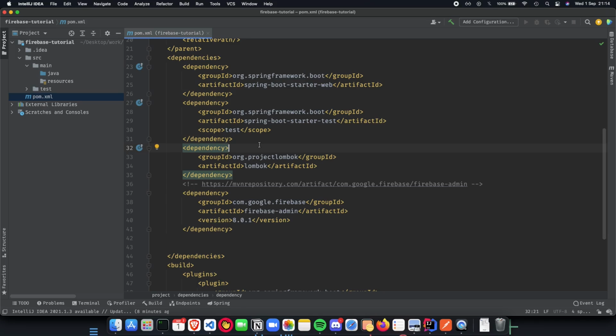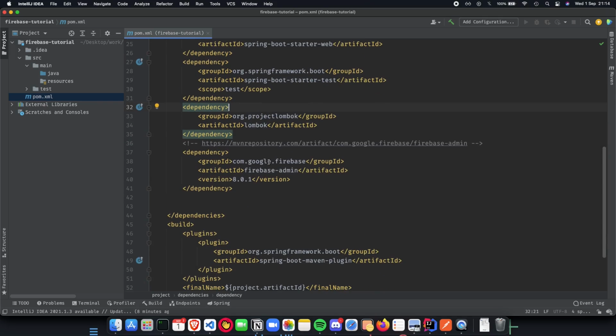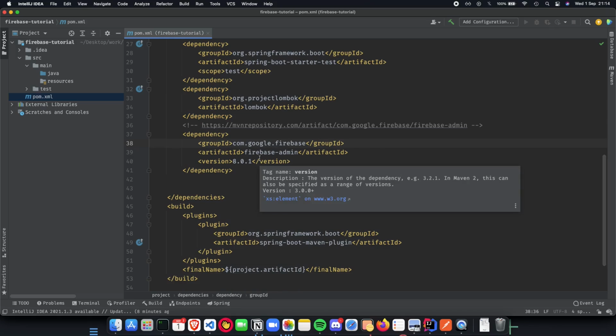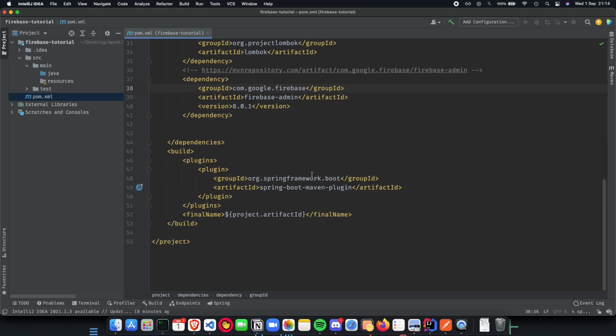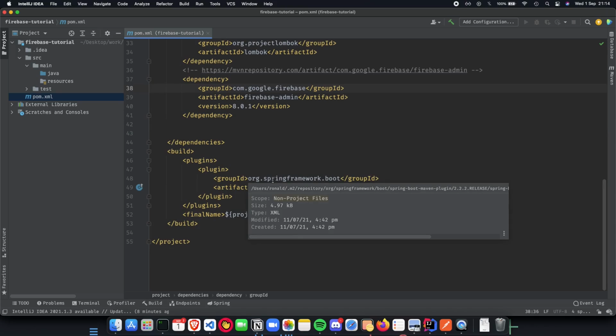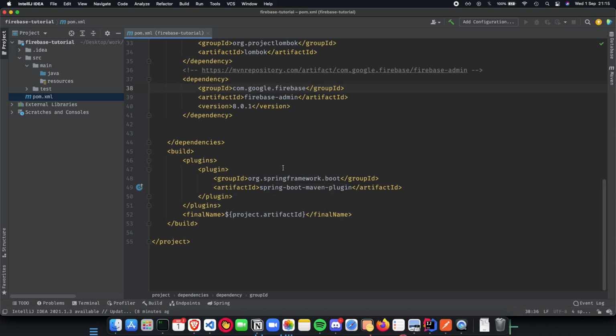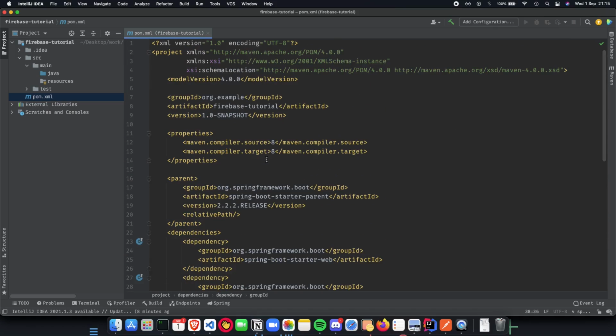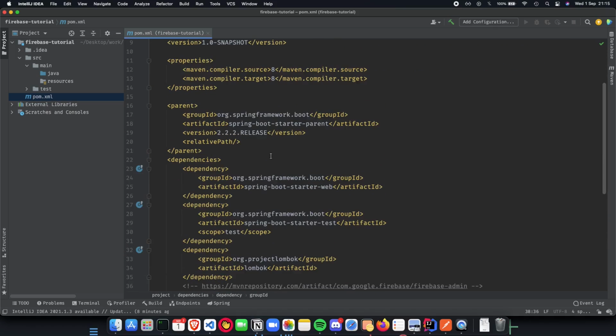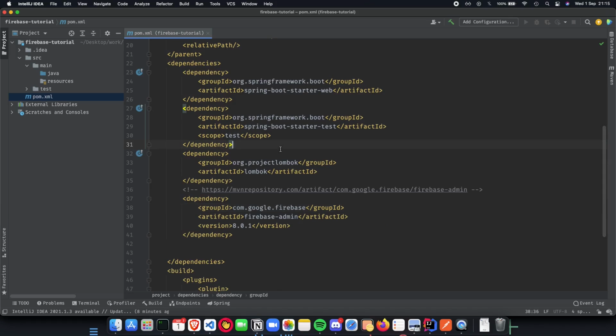Next is the Firebase admin dependency, which will help us interact with Firebase using the underlying APIs, and we'll see how easy it is to work with Firebase admin. Lastly, we have our Spring Boot application use a Maven plugin to install all of our dependencies and build our project properly. So pretty simple boilerplate code here, nothing crazy that's going on.